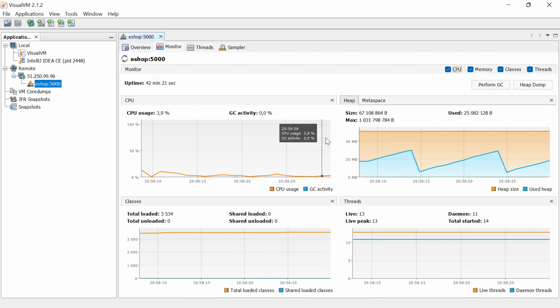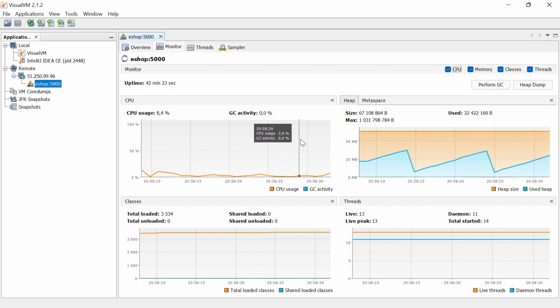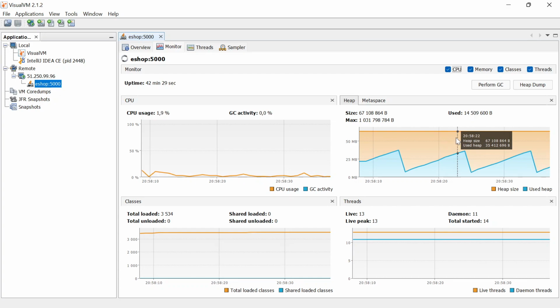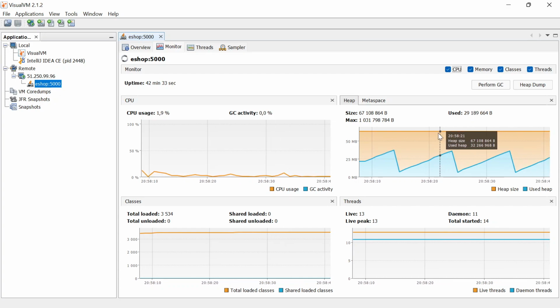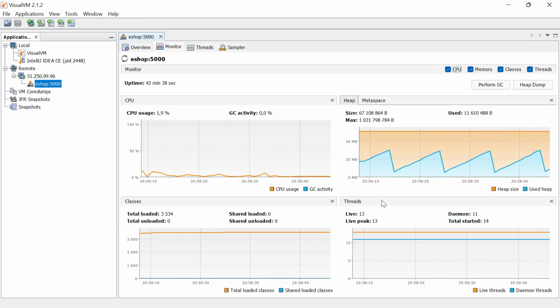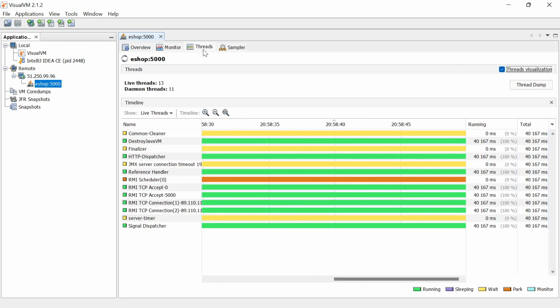So we see how the application is using the processor, how memory is being used, how garbage collector is working, how many threads are running in total, how many classes are loaded. We can also see which threads are active.